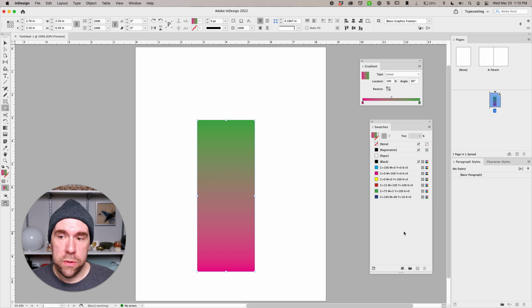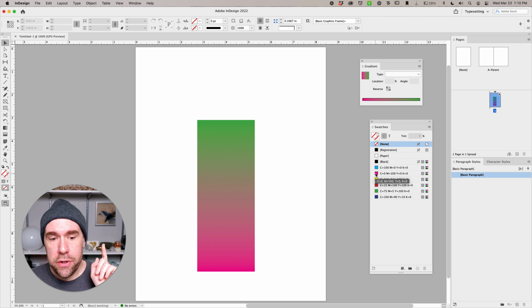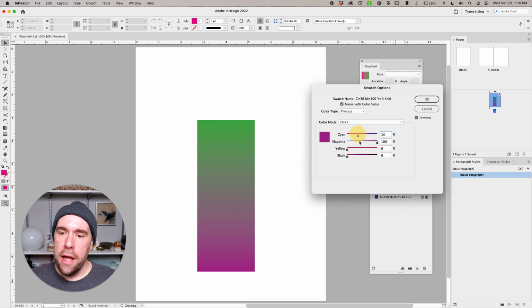And now the thing that's worth noting is that the gradient now is attached to the swatches down here. So if I deselect this object, the object's not selected right now. However, you can manipulate the color inside the object because it's attached to the swatch. And what I mean by that is, the magenta that I just loaded into this spot right here, I can manipulate it right here by double clicking it in the swatches palette and starting to change the values here. So if I no longer wanted it to be that pink color, that magenta color, if I wanted to make this gradient a little